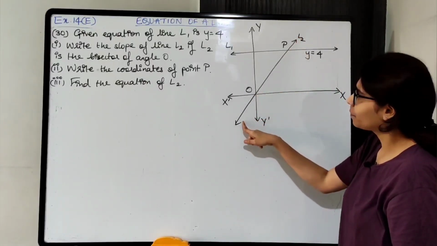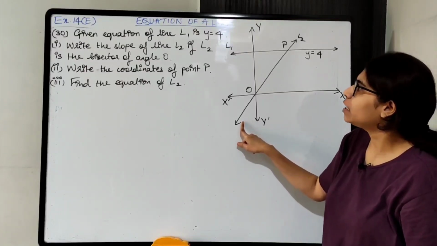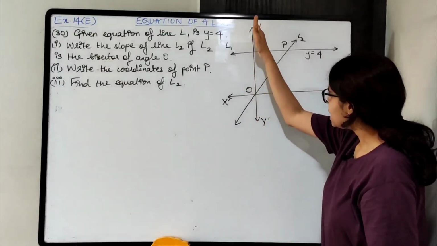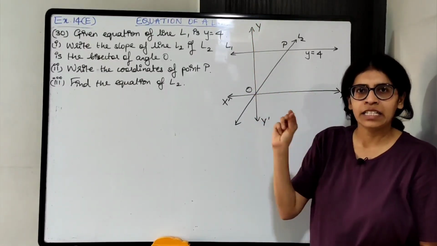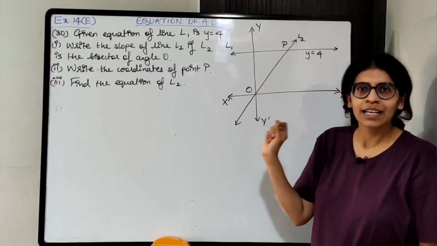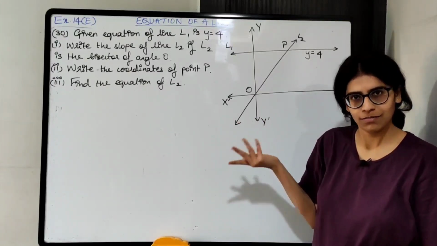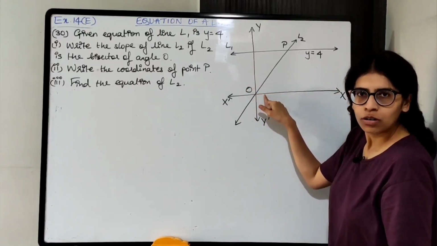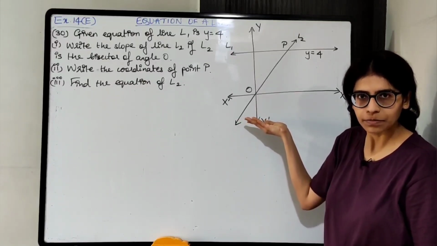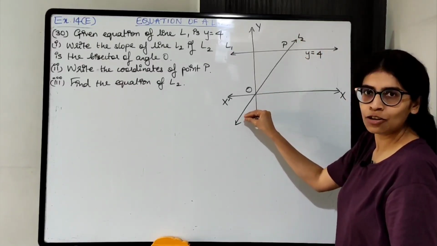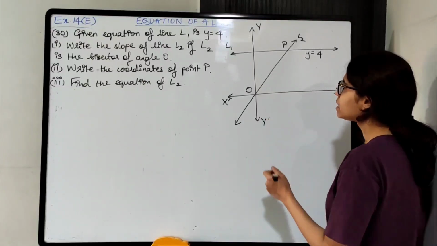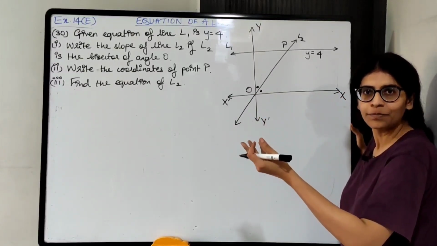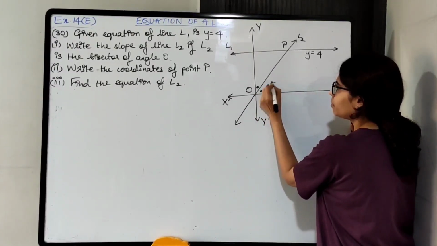L2 is this line. Slope of line L2 if L2 is the bisector of angle O. O पे x axis and y axis meet करता है, intersect करता है. So this angle will be 90 degrees, right angle होगा, right. X and Y axis intersect at right angles, so this whole angle O is 90 degrees, है ना. So if L2 is the bisector of angle O, then it is dividing into two equal angles, that is 45 हो जाएगा, है ना. तो ये 45 होगा, ये भी 45 होगा.